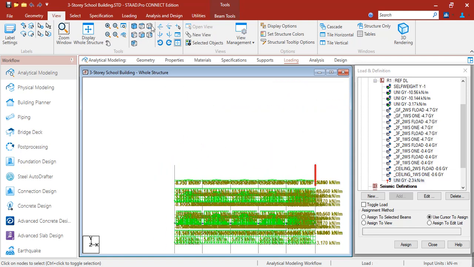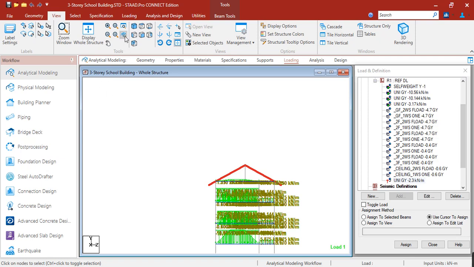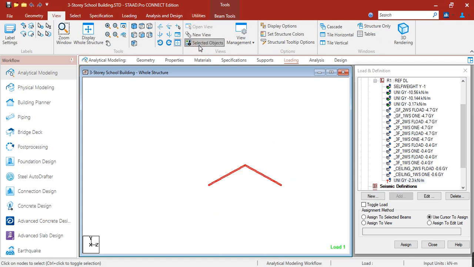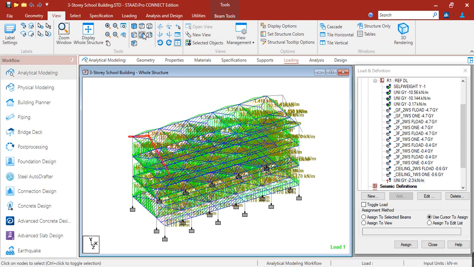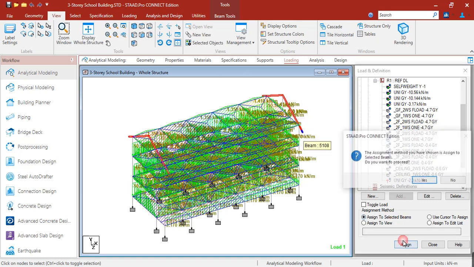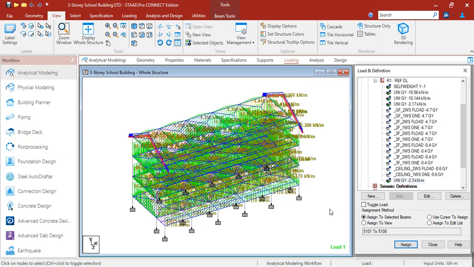So it's better if you look at the left view or right view. Then select all the, oh, let's select this also. Okay, then click assign to selected beams.